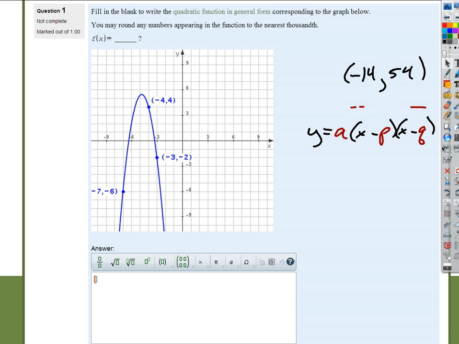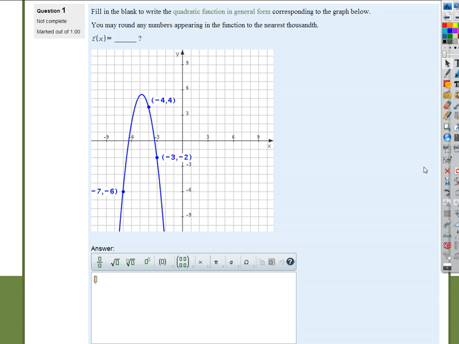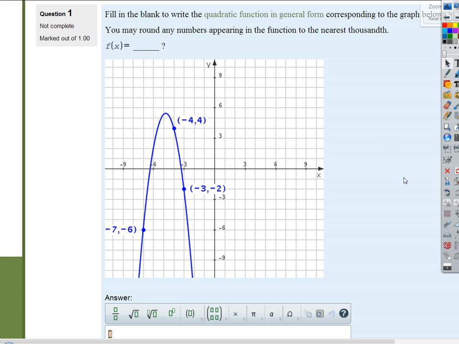The instructions specifically say that we can round any numbers to the nearest thousandth. Now if we use quadratic regression, the calculator is going to give us back, remember. Do we want to go through that? Do you guys need to see that, or we'll look at that once? Okay, so if we go through this and do quadratic regression,